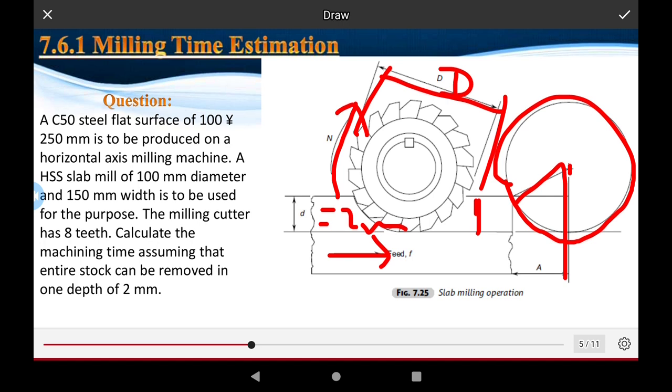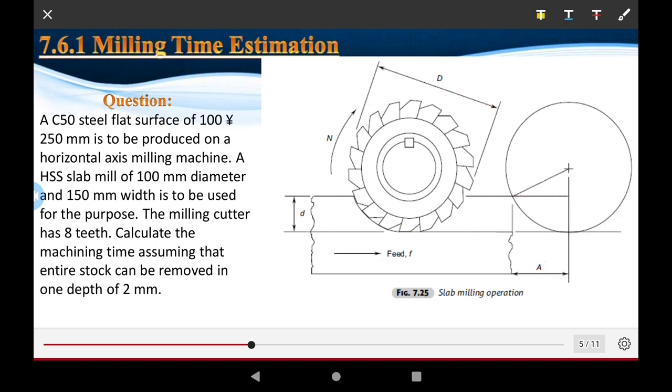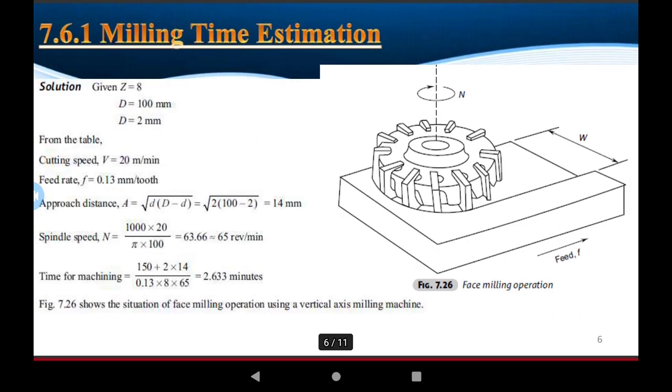A is the approach distance. This is where the tool touches the workpiece, and this is the position where the tool does not touch. This is the approach, which is given. To solve this problem, use the formula, given z equal to